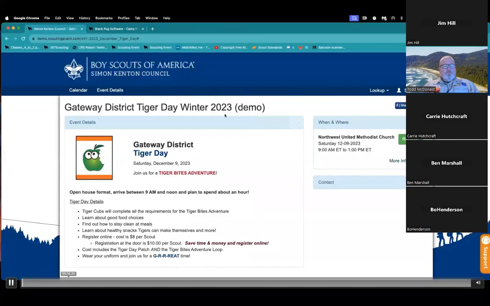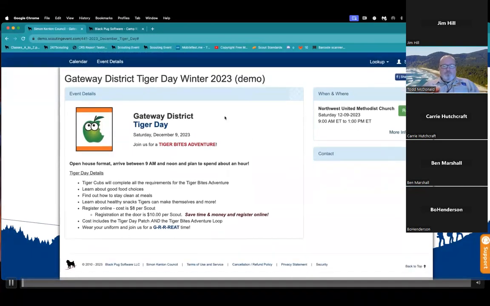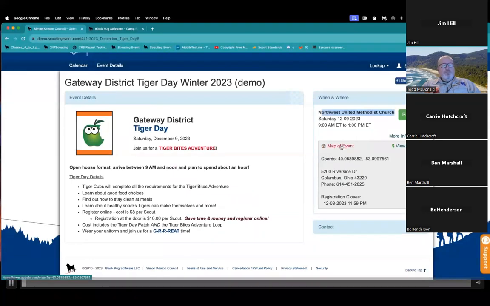Page, I see several options here. I know what council I'm at. I can read information that's provided to me from the council about the event. I can see the location and the time and date information up here. So this is happening at a United Methodist Church on this coming Saturday. If I expand for more information, I can map to the event if I need to. That will open up a map function where I can get directions. We've got the coordinates in here, the actual latitude and longitude, if that's something you prefer for mapping.